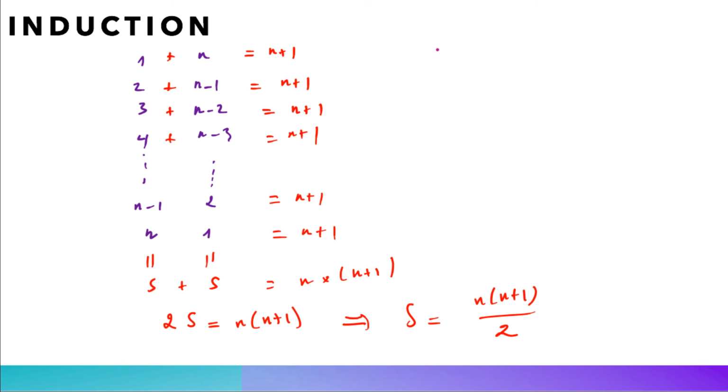Genius, right? Yet the most elegant proof is the geometric one. Indeed, 1 is our dot here, this is 1 plus 2, this is 1 plus 2 plus 3, this is 1 plus 2 plus 3 plus 4 here, and we have here 1 plus 2 plus 3 plus 4 plus 5, etc. Now to compute our sum S, all we have to do is to complete our triangle in a rectangle